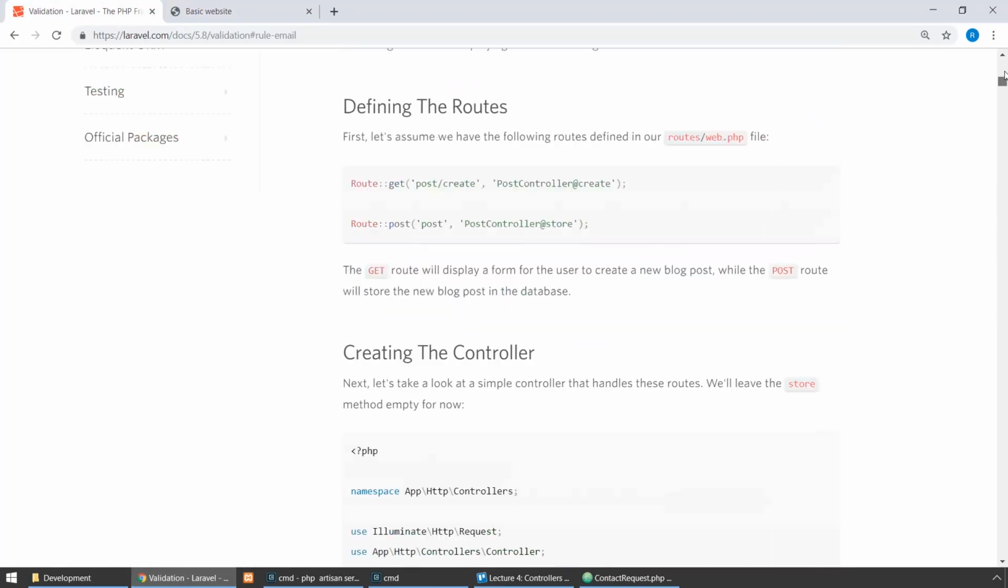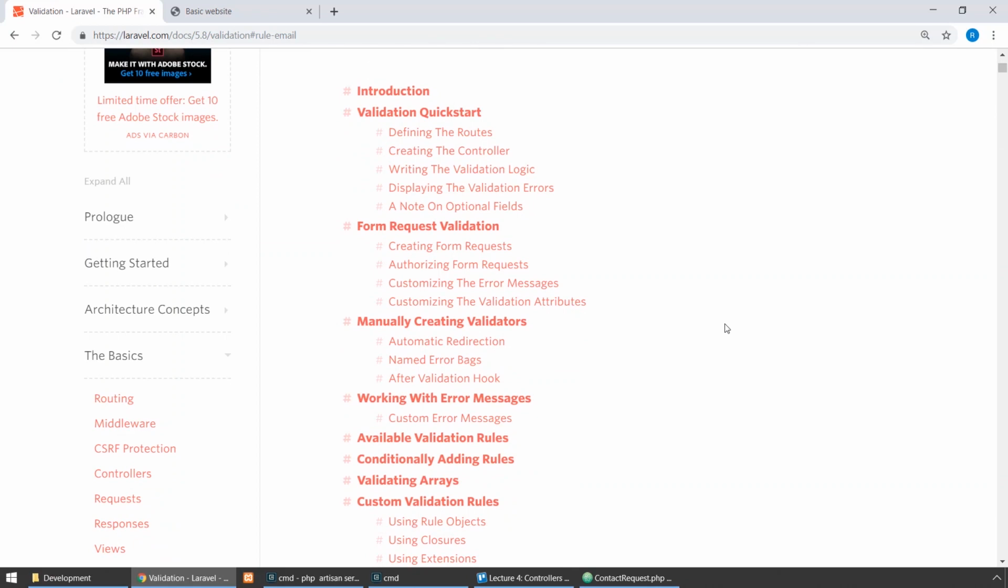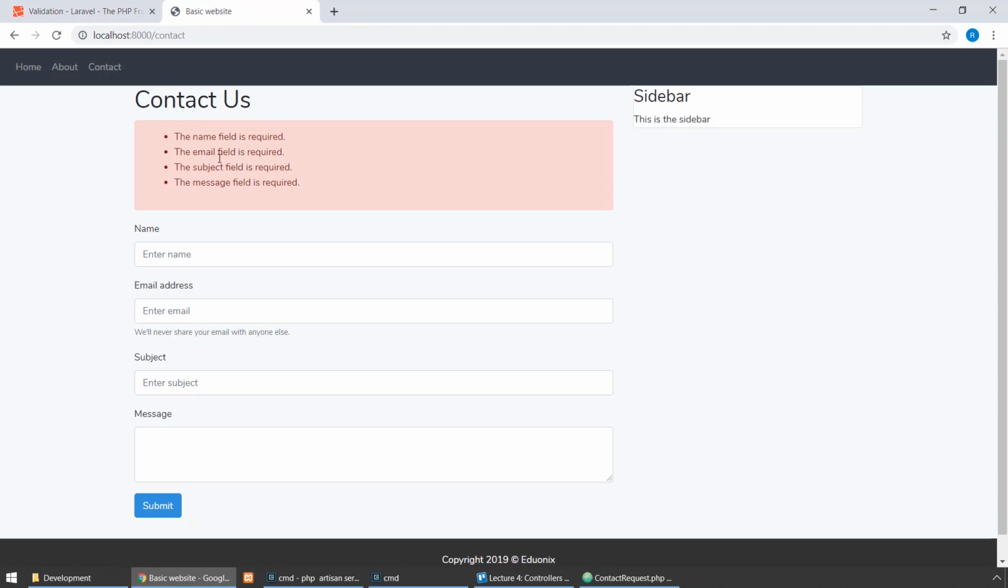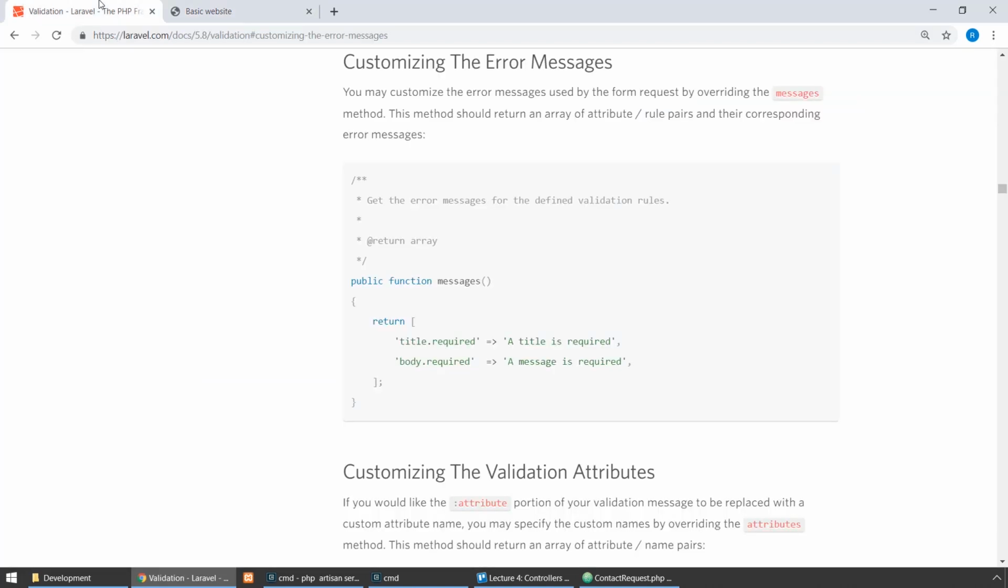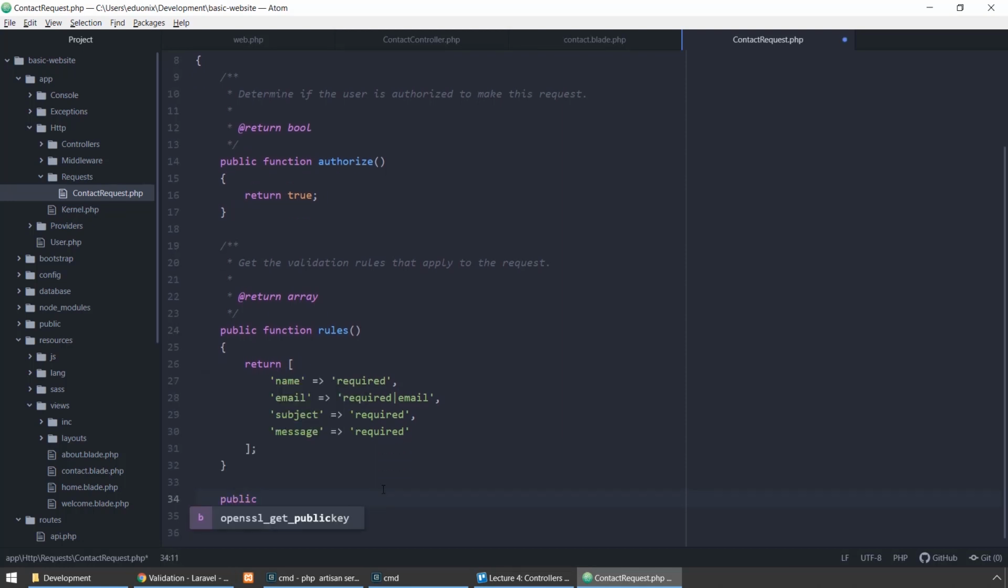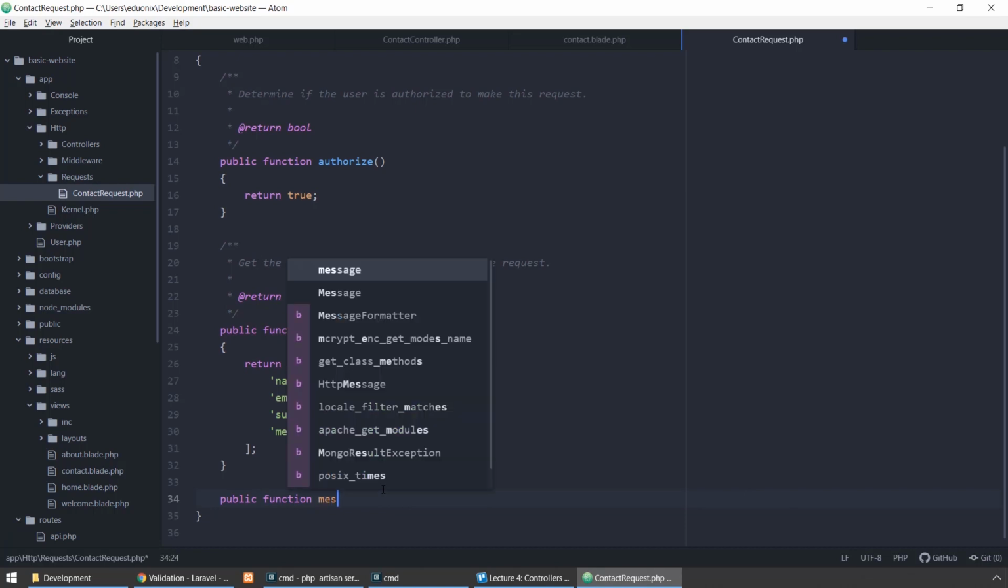We go to the top of the page. We have, for example, customizing the error messages. Let's say that we do not like this text and we want to customize or change this, okay? So we have to add a function named messages to our request file. So here we will have public function messages,